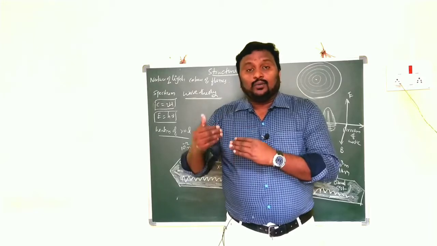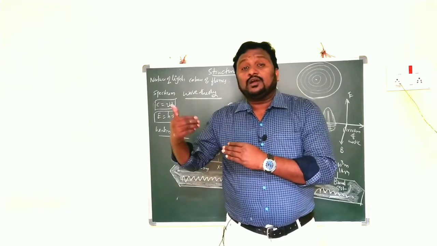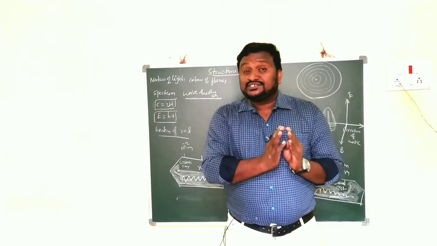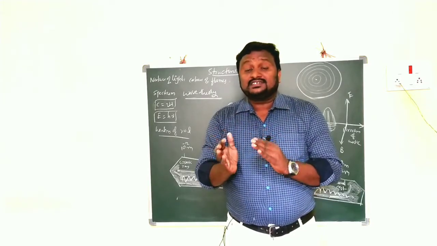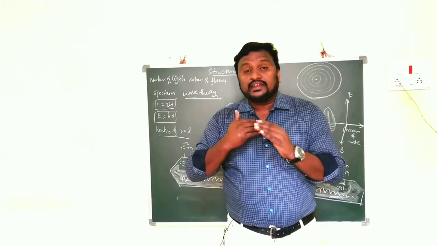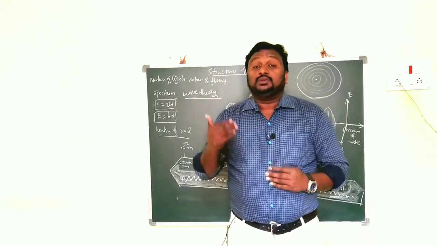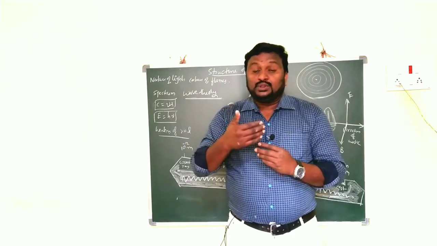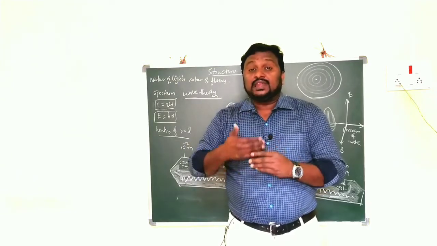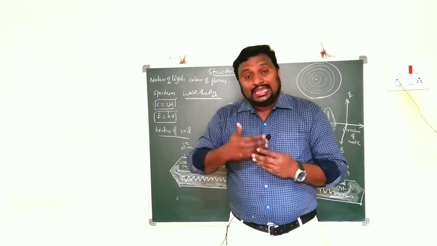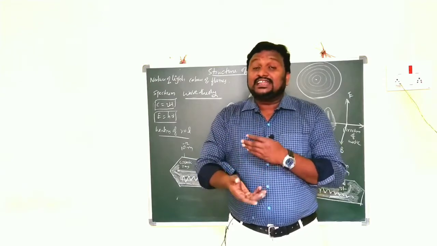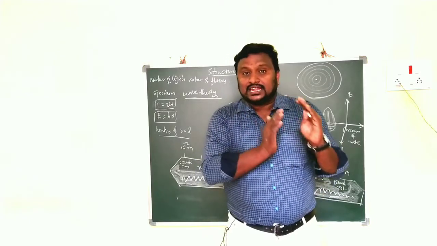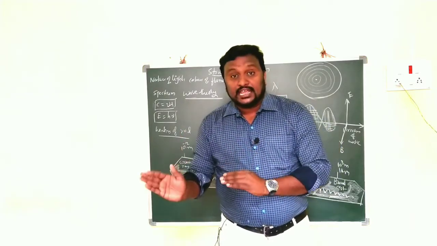So how is the magnetic field developed? The explanation is that light consists of electric charged particles. The electric charged particles vibrate in a to-and-fro motion. Due to that, a change in current takes place. Due to the vibration of charged particles, the electric field changes. Again, due to the change in electric field, a magnetic field is produced. Clear? A change in electric field can produce a magnetic field.